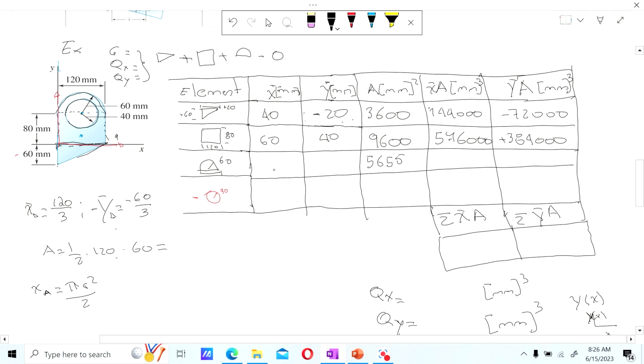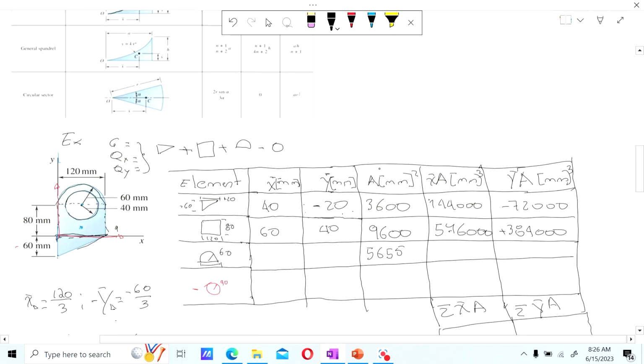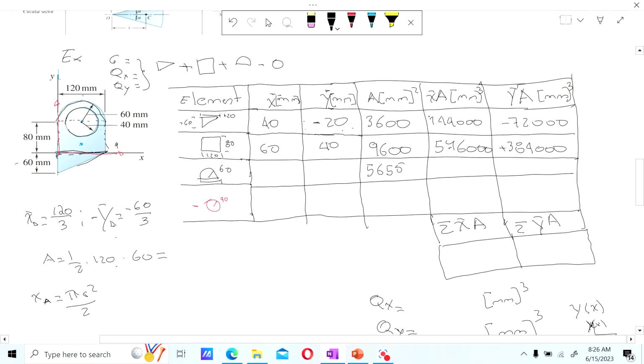Okay, now x for the semicircle, we go to the table here and we check that the semicircle area is right here, but in the x direction is at the origin, right? That makes sense. And then the y direction is 4 times the radius divided by 3 pi. Okay, so let's do that. So the origin of this circle is at 60, right? Because it's 120 divided by 2. That's where this origin is. And the origin in y is 80, because it's placed at this with respect to the origin. So 80 plus